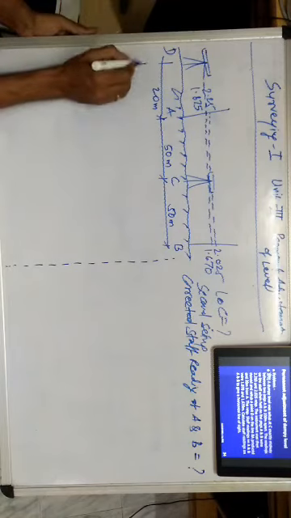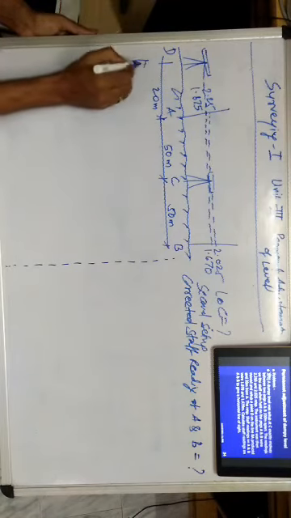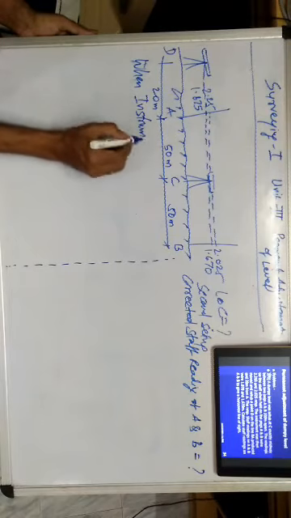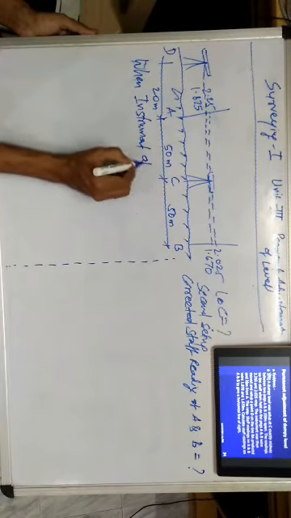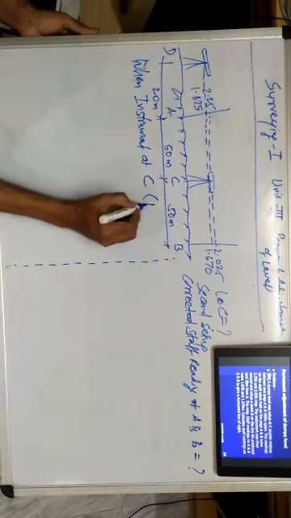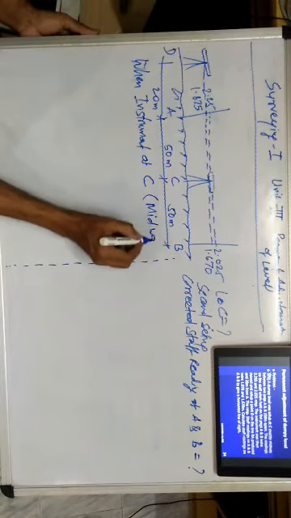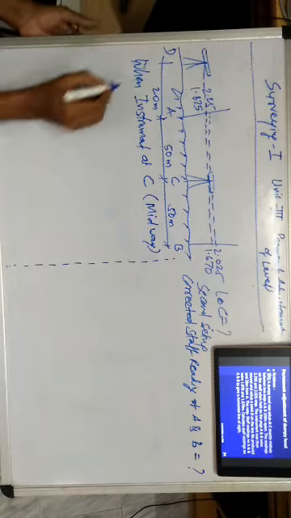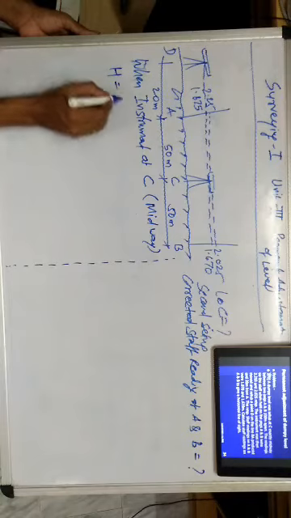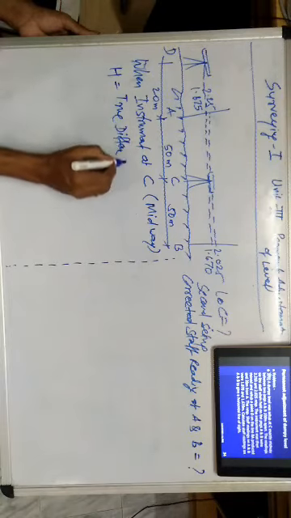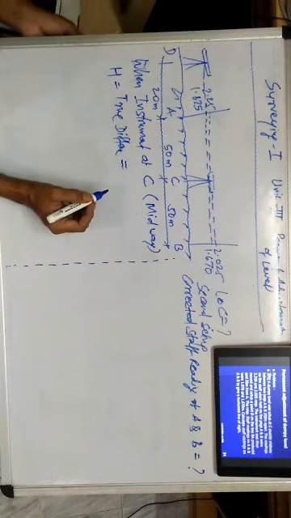So we can write down here that when instrument is at station C, it means the level instrument is at the midway. So we will get the true difference between the staff readings. We can calculate that H is equal to the true difference, and that is equal to the staff reading at A minus the staff reading at B.